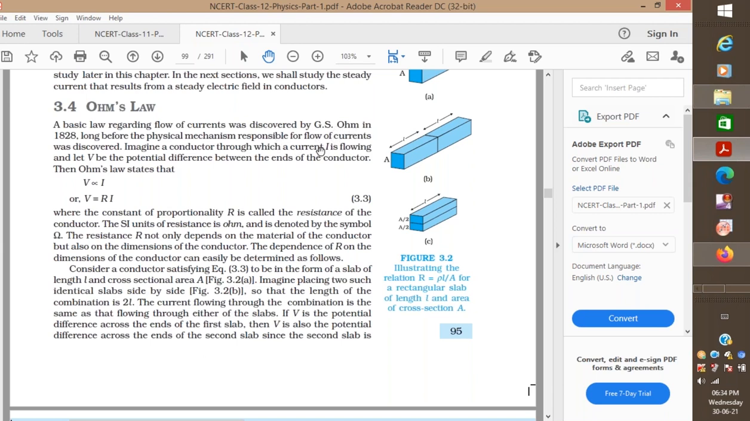There are various materials. If you develop the same amount of potential difference or electric field across the conductors, all will not give rise to the same current. What is the reason for that? The reason is the property of each material, and that property which resists or restricts the flow of current is resistance. So what Ohm actually discovered is that